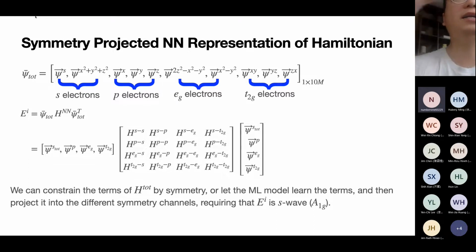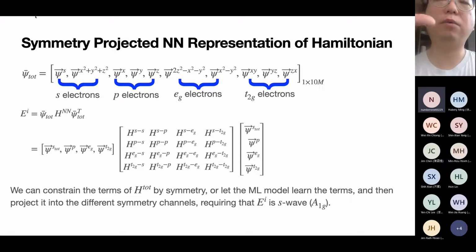We have psi s, psi x squared plus y squared plus z squared. X squared plus y squared and z squared are the S wave-like orbital that we construct from the D wave representations. Then we have the p electrons, and then we have the Eg electrons and the T2g electrons. So we put all this together into one big vector, and then to calculate the energy we construct